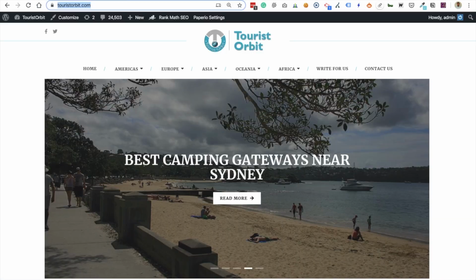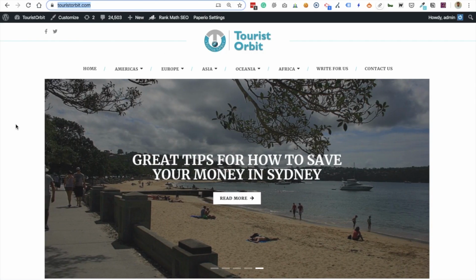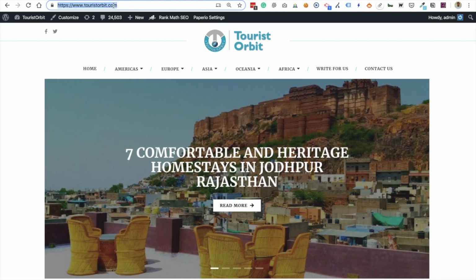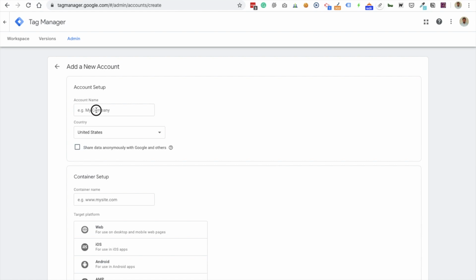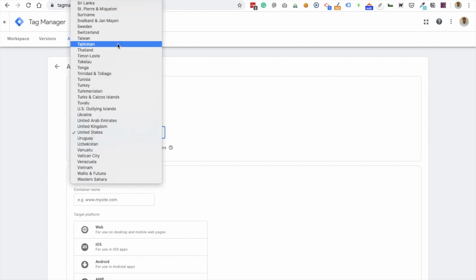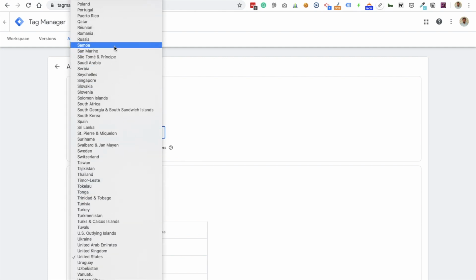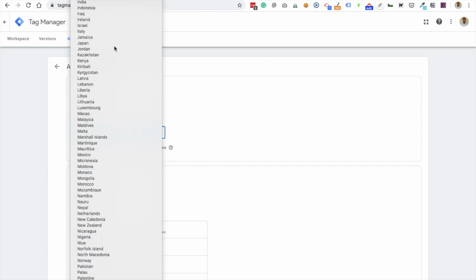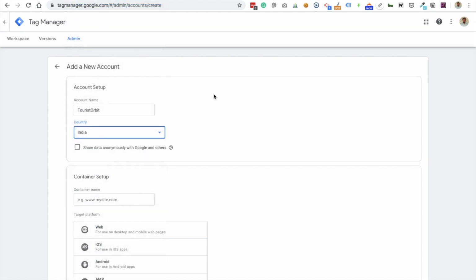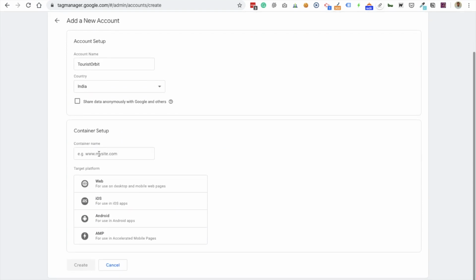I'm going to set up Google Tag Manager for one of my travel blogs, that is touristorbit.com. So I'm going to copy this URL, then go to Google, select your country, and you can uncheck this option if you don't want to share the data.